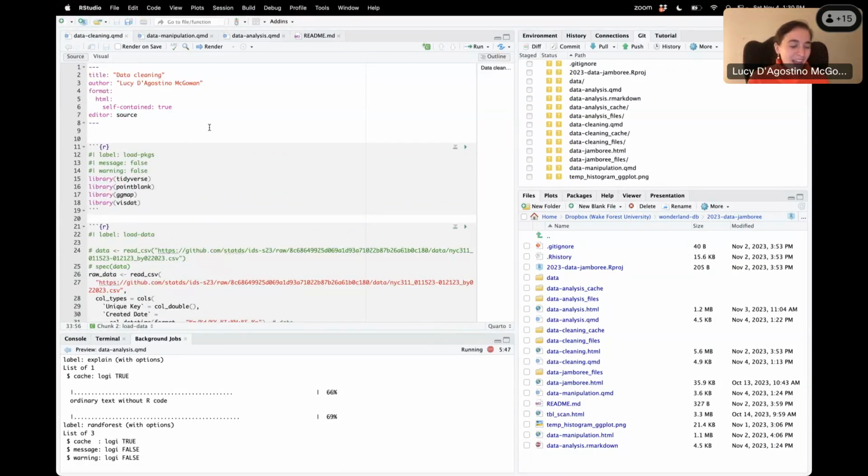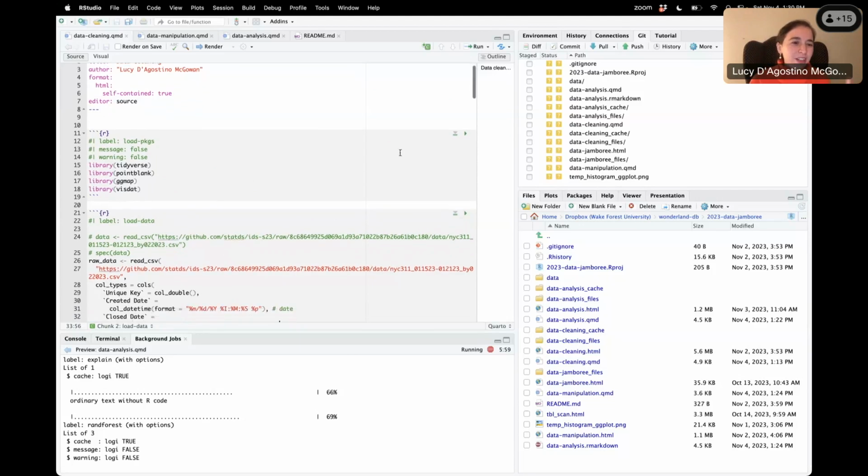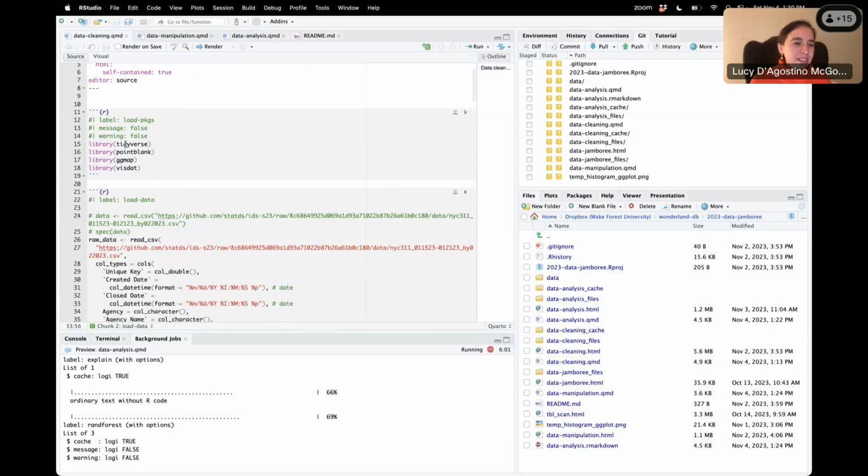You've all seen this twice, so you're familiar with the data and with the question. I'm just going to highlight a couple of things that R offers for data cleaning. First I'm going to load a couple of packages. The ones I'll use most for this first part are tidyverse, which lets me read in my data and do a little manipulation, and the pointblank package, to explore my variables and get a sense of whether there are any irregularities in the data.